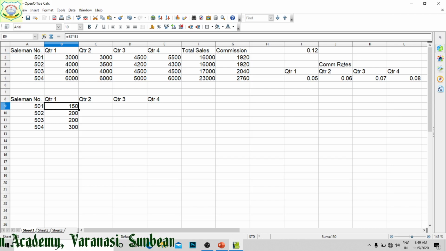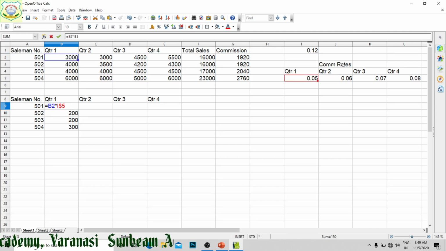Now if I show you, you can see B2 into I$5. The I column is fixed but the row is changing, means the row is going to change. Now in this, if we see what happened, I is common, $5 is used.